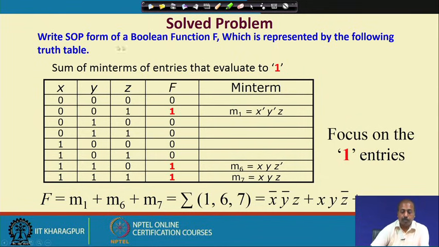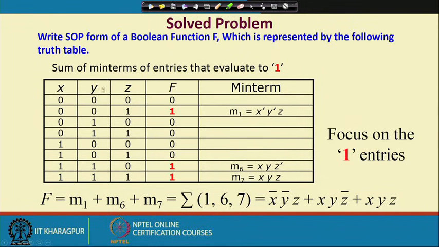Talking about the sum of product form of a Boolean function represented by the truth table. In a truth table we have to tell what are the input assignments, and corresponding to that what is the function, the output column. So, what will be the value of the function for each row? Say this is a truth table for this function. 0 0 0 is 0, 0 0 1 is 1, like that.